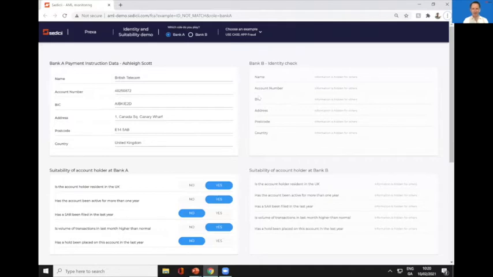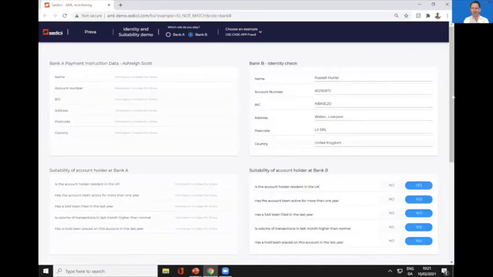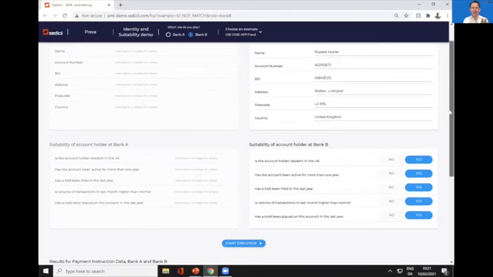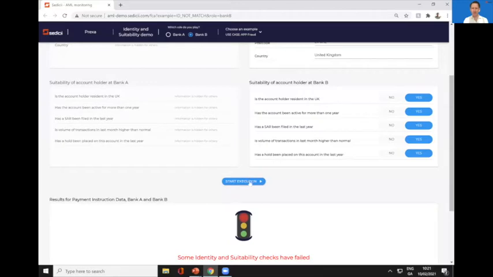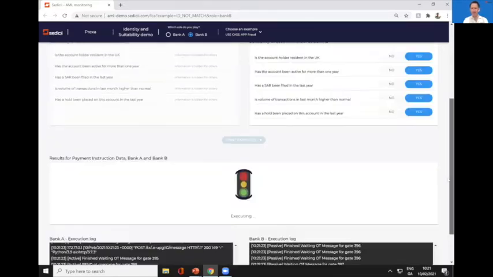We use secure multi-party computation to do this, but each bank answers questions about the suitability of their account holder and also about the transaction details. So here we see Ashley Scott has been trying to pay British Telecom, but in fact, the bank account details we learned from the process are actually associated with this character, Russell Hunter. Both banks answer the questions as per the framework, and the process is executed, the multi-party computation runs,